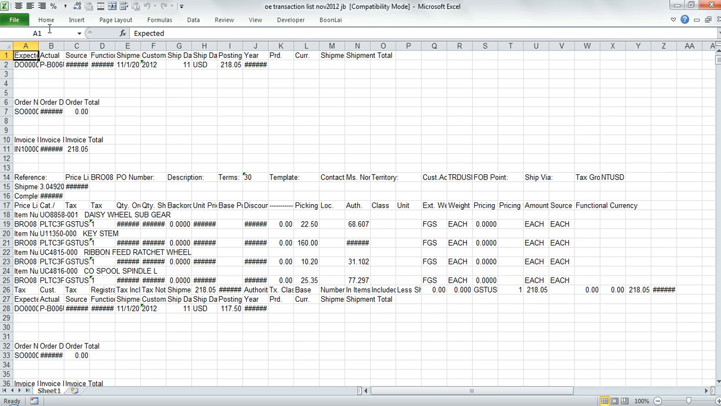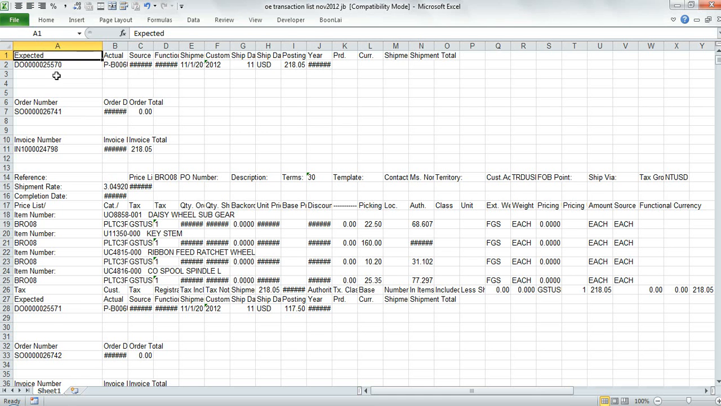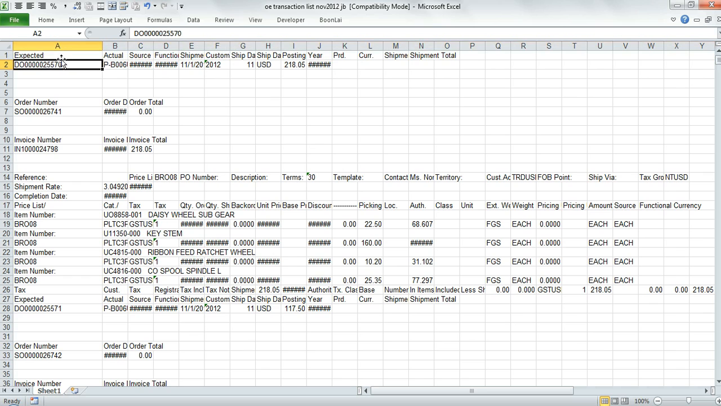For example, this one is expected, because I do not know what is expected here, so I make reference to here, then I know this is an expected ship. But this one, the header here is totally out, so I might not refer to this header. I just go ahead with this data. Okay, so